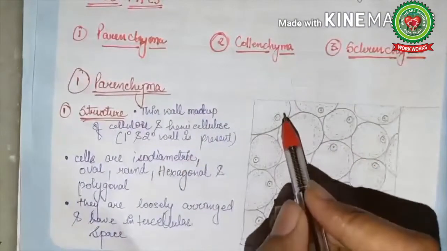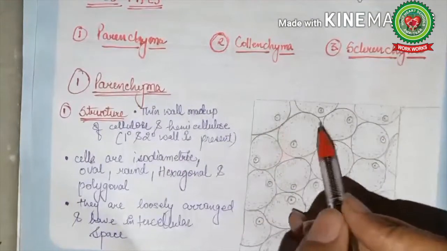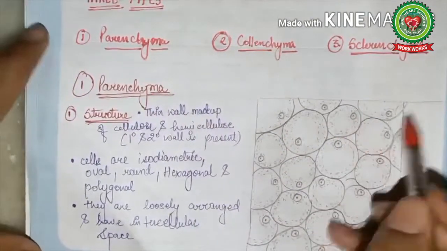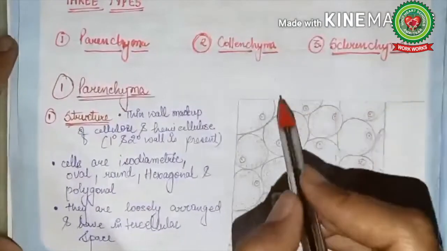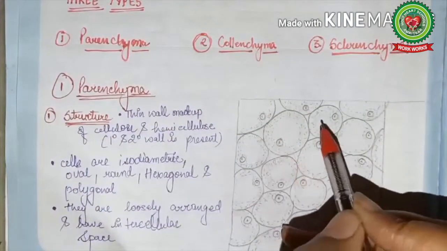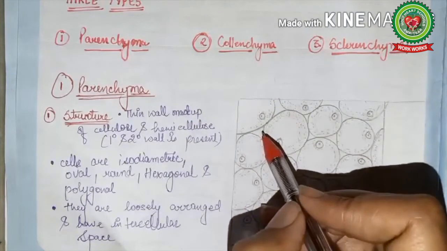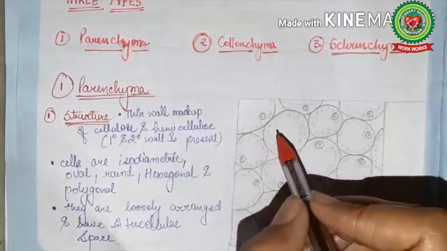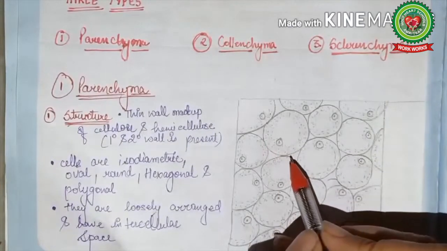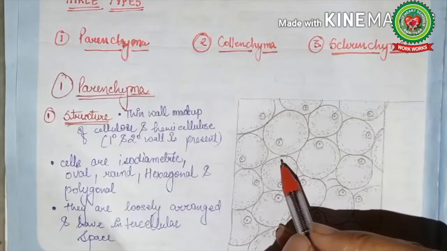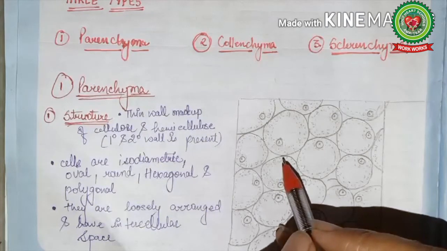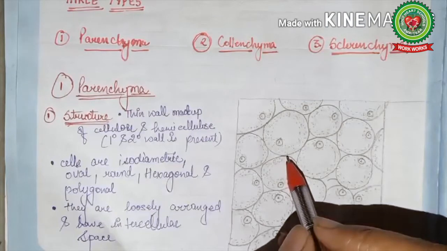Parenchyma cells are loosely packed cells. You can see here in this diagram, cells are loosely packed. They have a number of intercellular spaces in between the cells. The cell wall is thin and usually made up of cellulose and hemicellulose. Actually, only primary and secondary cell wall is present. The cells are isodiametric. Isodiametric means they are equally expanded on all the sides. They may be oval, round, hexagonal, polygonal, whatever the condition is, all must be